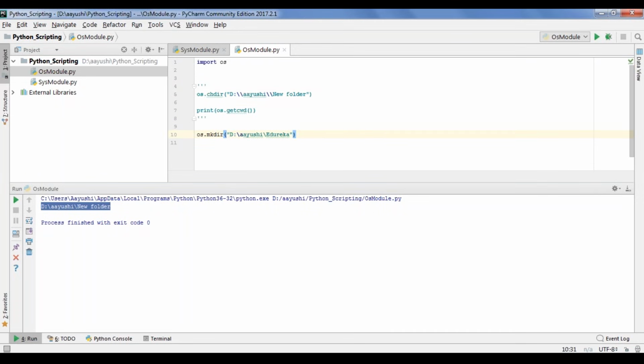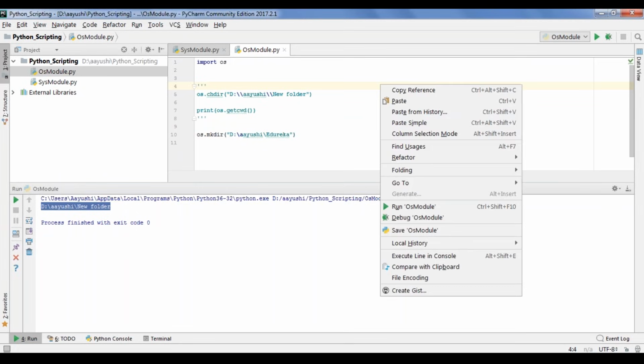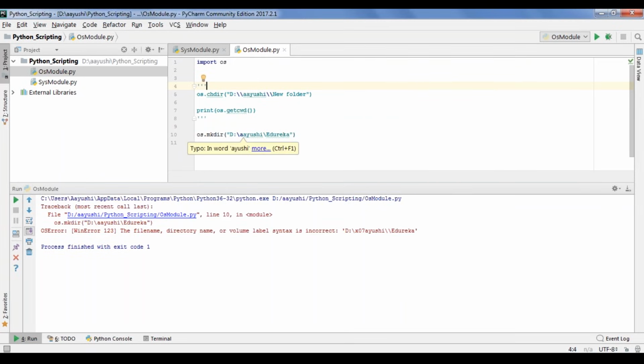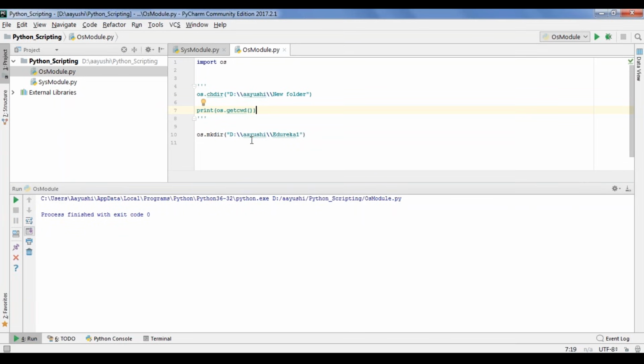Alright, as you can see here, we don't have a directory named Edureka. So now let me run this. Alright, so remember guys, a double backslash or a single front slash will only work. So I'll change this to double backslash, and now I'll run this. Alright, so here it says that the name already exists. So let me type in Edureka 1, and now if I run this,